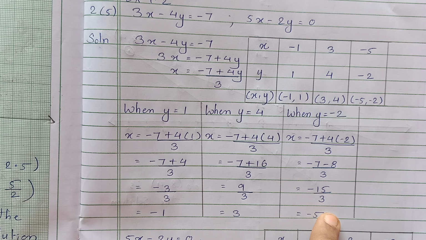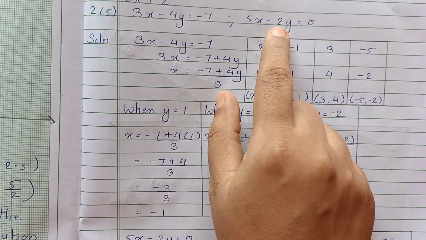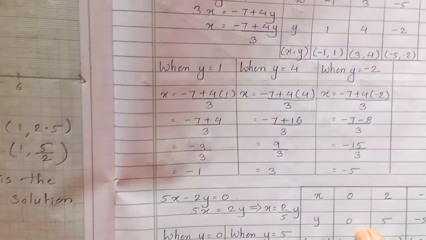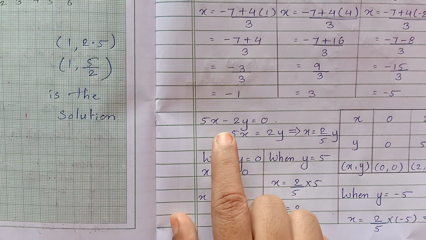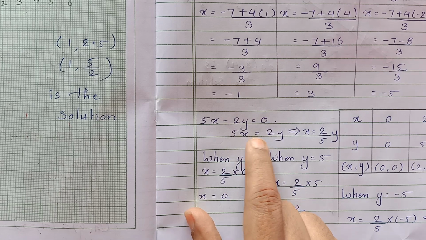And the third point is minus 5 comma minus 2. Now the same will happen for the second equation also. Now if you observe the second equation, 5x minus 2y equal to 0, that means 5x will be 2y,